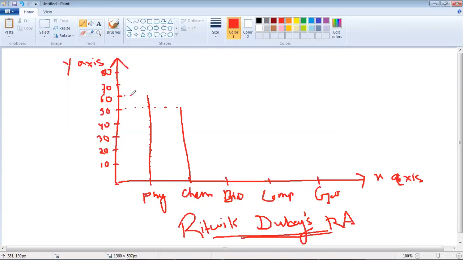Now suppose in biology I have secured the complete mark, 80 out of 80. In computer also I have secured, suppose, 80. In geography I have secured, suppose, 40.